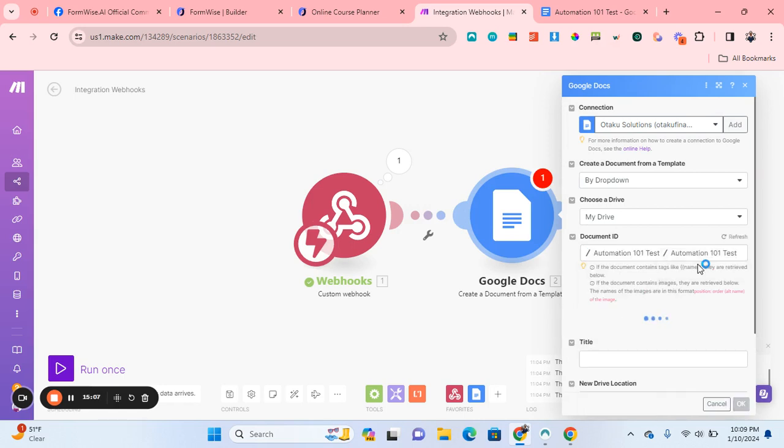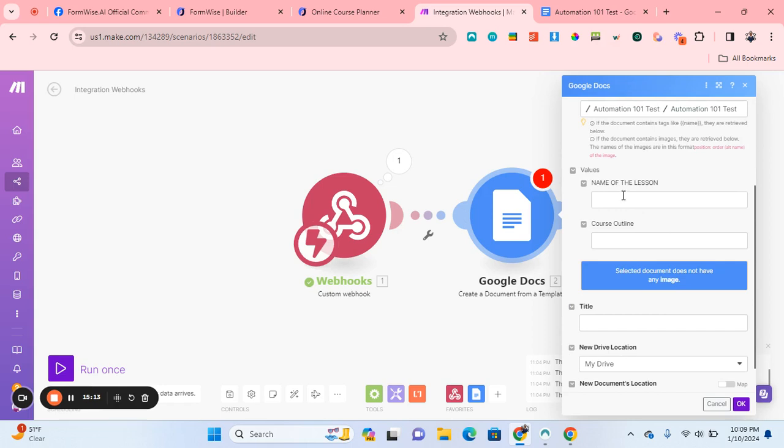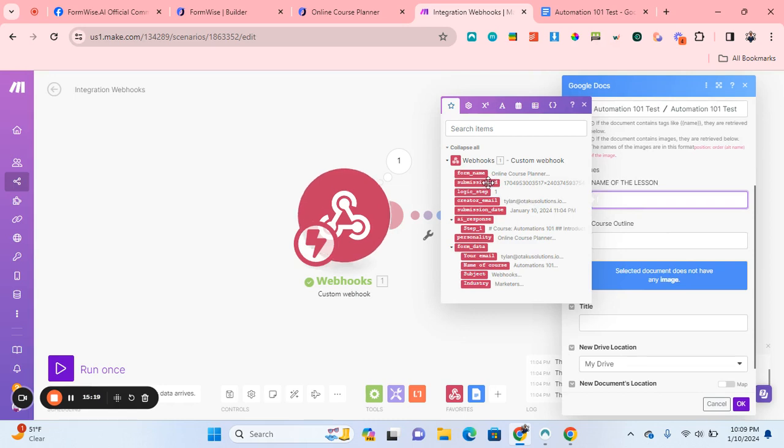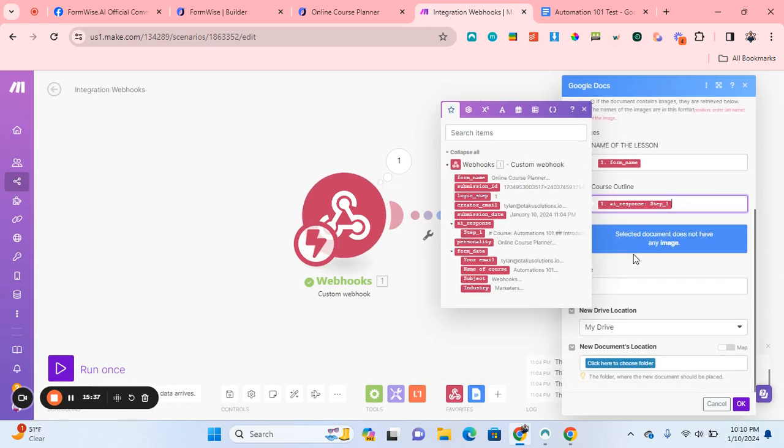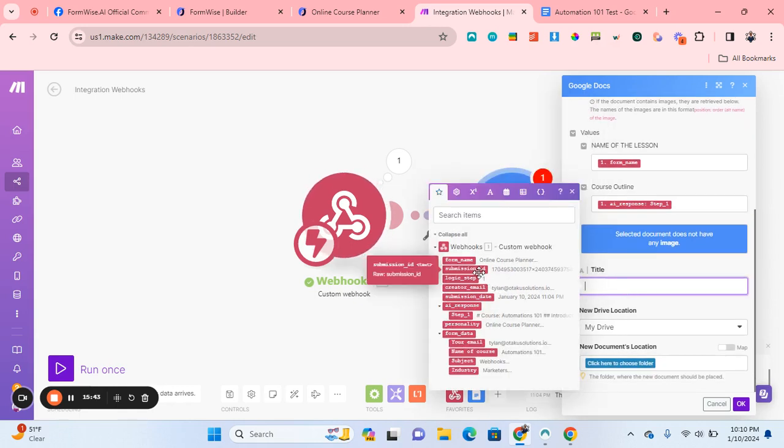Then you're going to be able to pull that document, right? And you see how it's already pulling those two values. All I did was make a bracket for name of the lesson. And for the name of the lesson, could just put the online course planner. And for the course outline, all I have to put is the AI response. The title for this can be, once again, the form name,